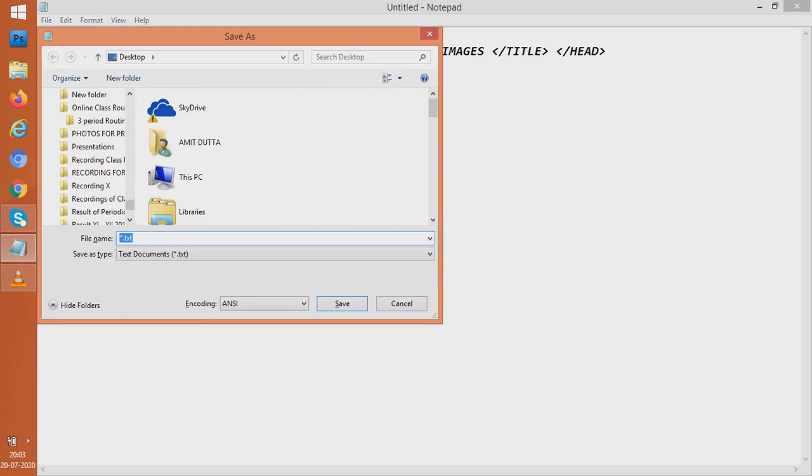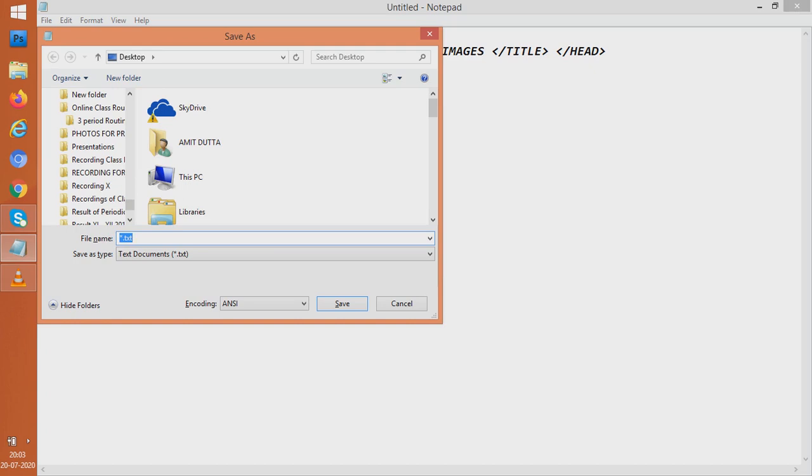And students, you remember the actual photograph is in the C drive images folder. So our HTML program and the photographs are residing in different areas of our computer. The HTML program is residing on the desktop, and the images which we have, particularly here the Taj Mahal image, are within the C drive, that is, the C folders.